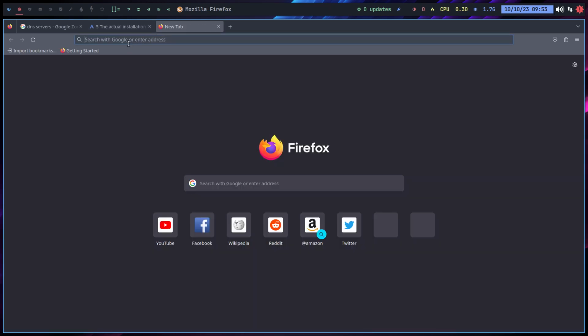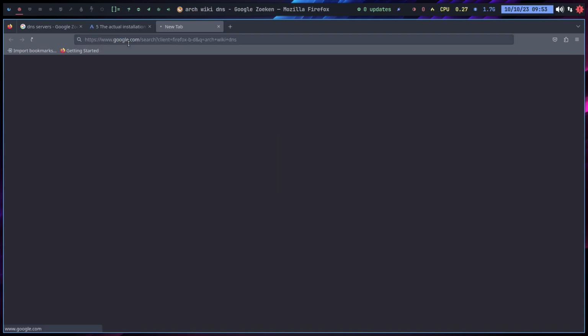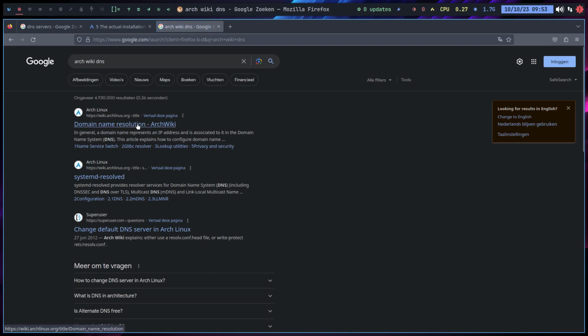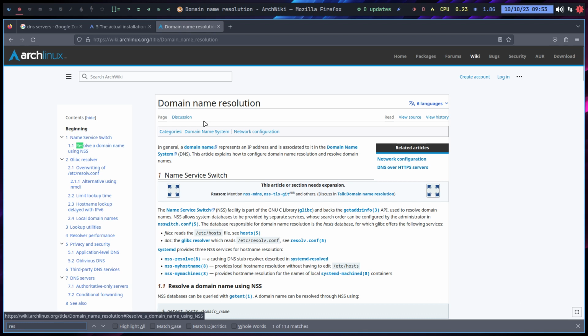So it's probably some knowledge I got down the road, right? But the Arch Wiki DNS page is a good thing. So domain name resolution, okay, cool. And then maybe Ctrl-F and find resolv. Let's see if we have something here. Resolv, another one, resolv